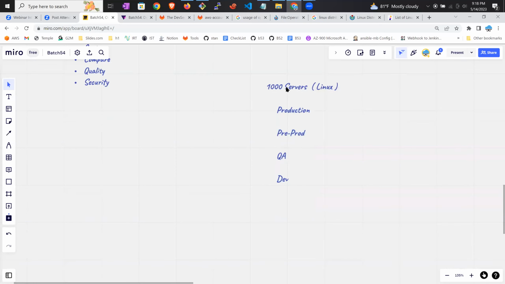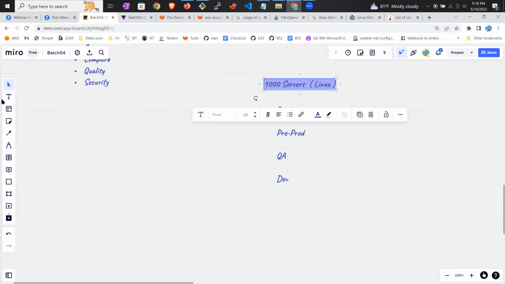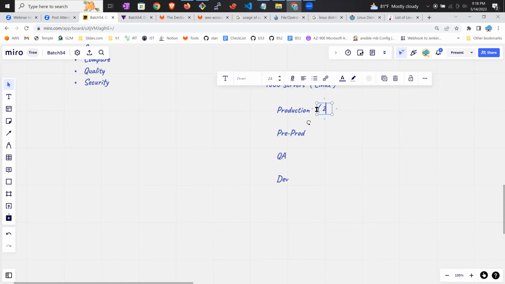So if you're having these many varieties of servers, again, paying licensing for Linux on all of them is a very costly deal. What they do is they go with 250 prod Linux,